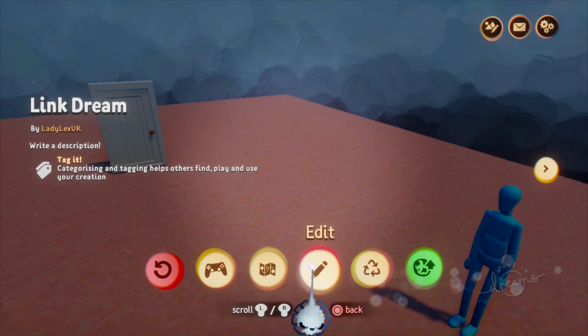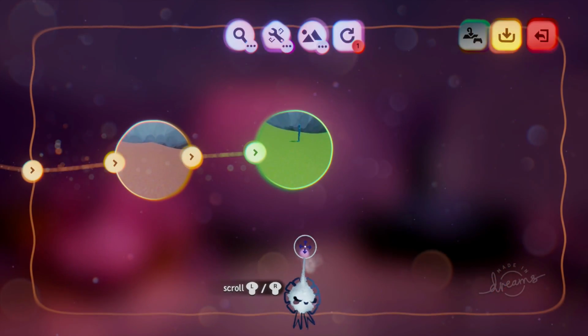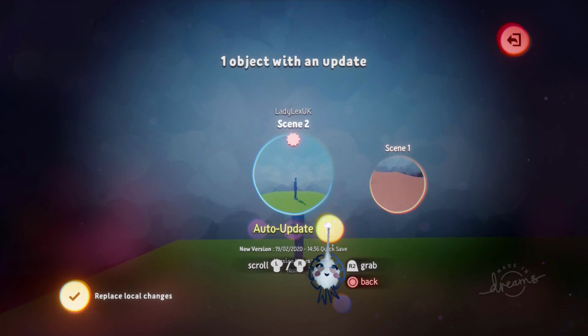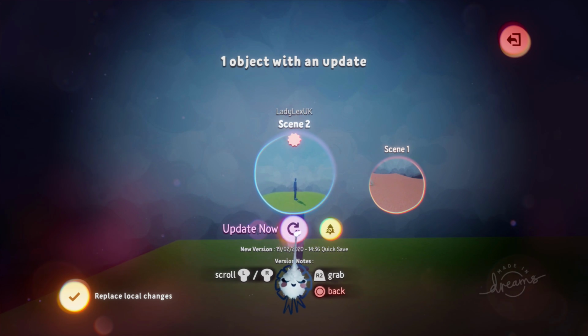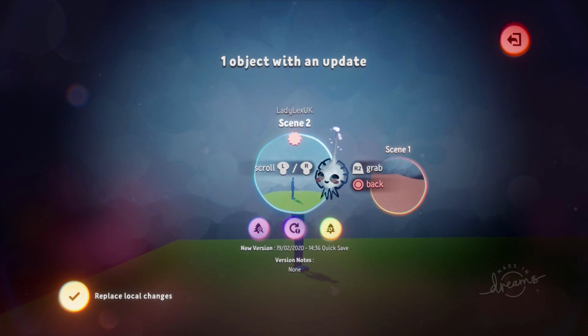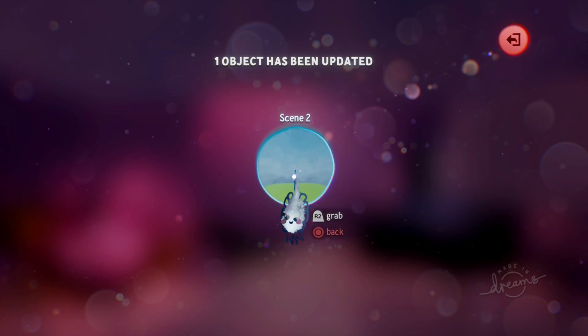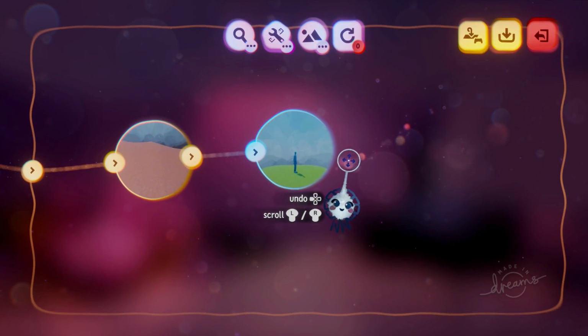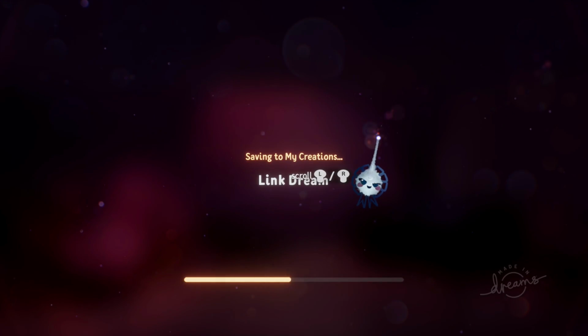Exit. Now don't forget, we were in the dream. We've got to edit the dream. There's the update. This time I'm going to click auto update on. It's now updated that object. I'm going to save,